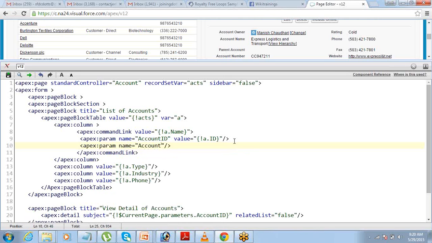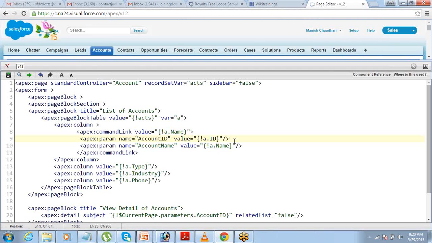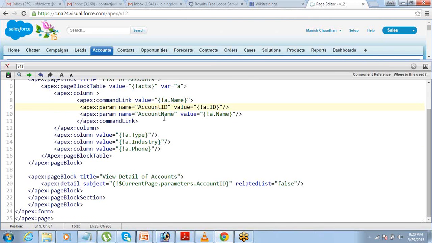The name of the parameter can be account name. The value of the parameter this time can be a dot name. This way you pass whatever you want as a parameter from the selected record, provided that is a value present in that record or a valid field from that object. So I have created another parameter called account name, and all I have to do is go to the apex page block,